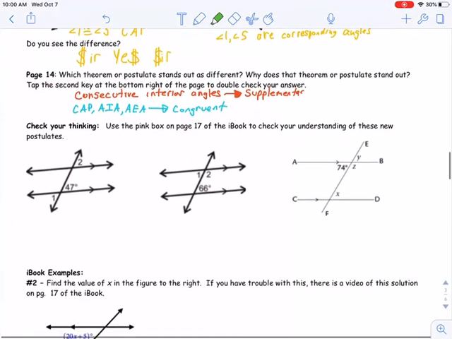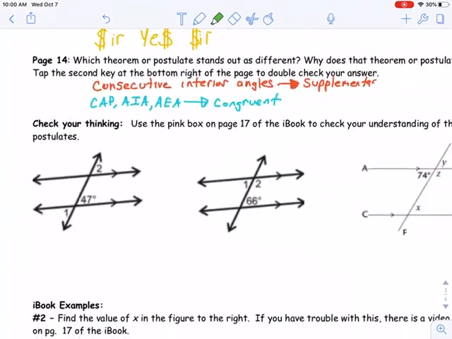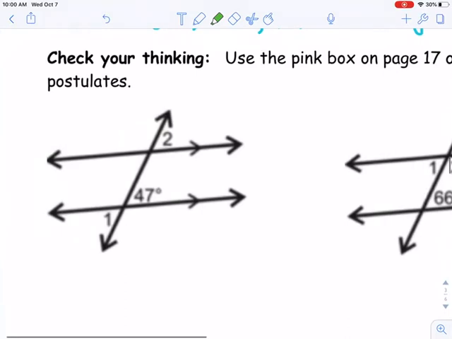All right, so we got some basic problems to go through. So again, this is going to emphasize how things are either just going to be congruent or supplementary. So with respect to angle 47, let's just go in numerical order. So this is what I really like about geometry, is it just kind of becomes one big puzzle without a specific path you have to take. All right. In fact, I can figure out angle 1 or 2 immediately. Now this is kind of a basic problem, but nonetheless,